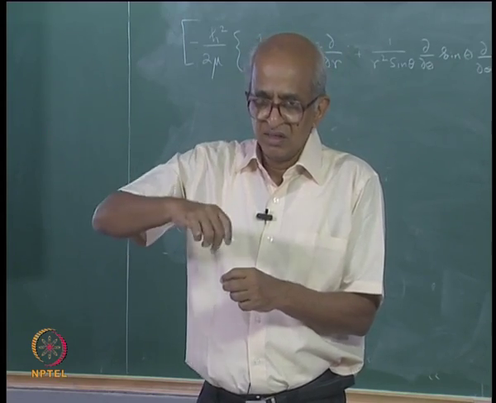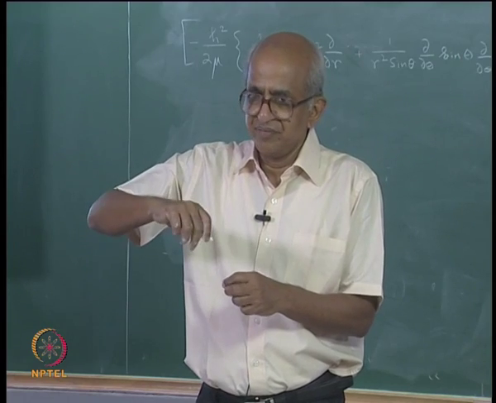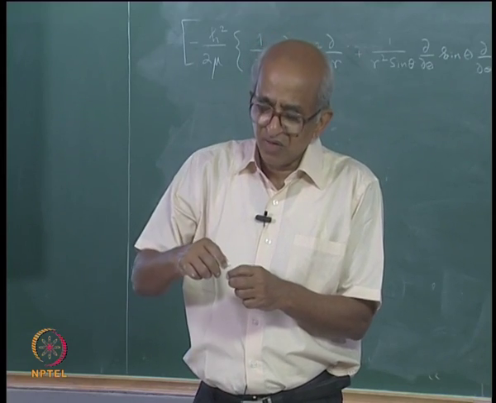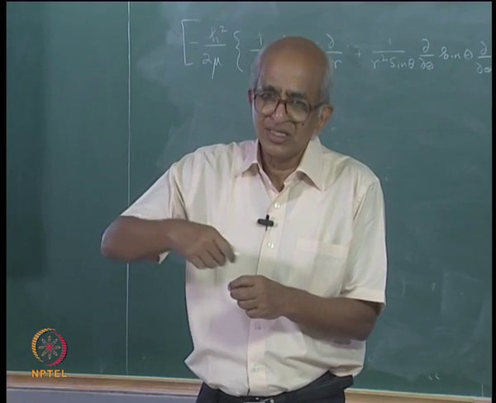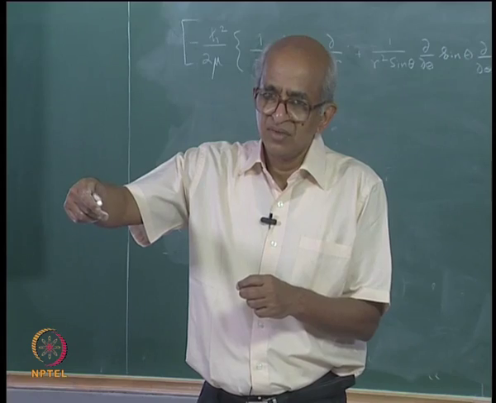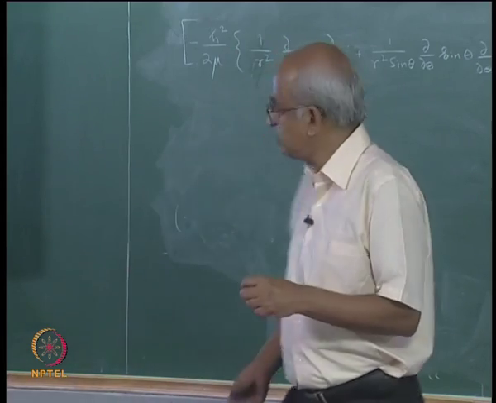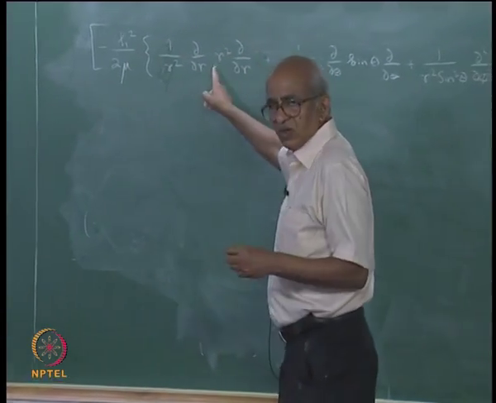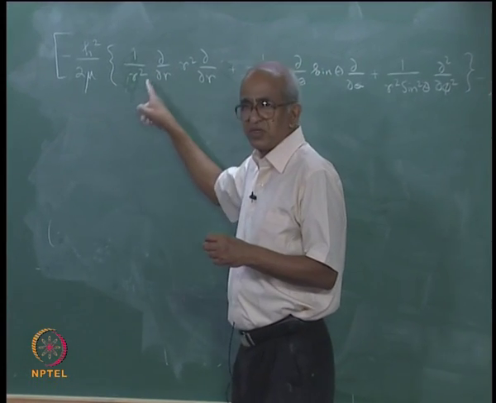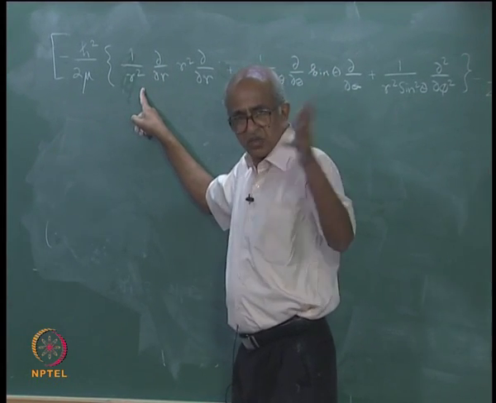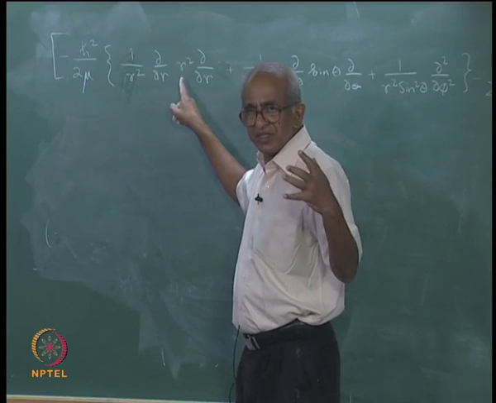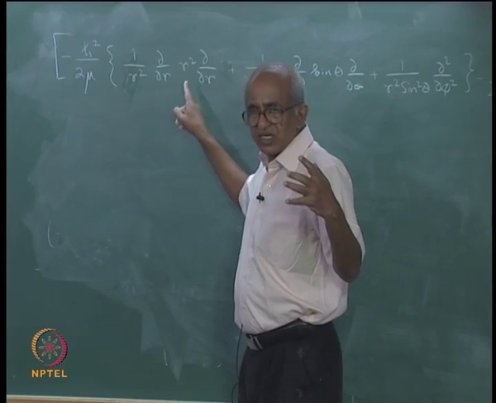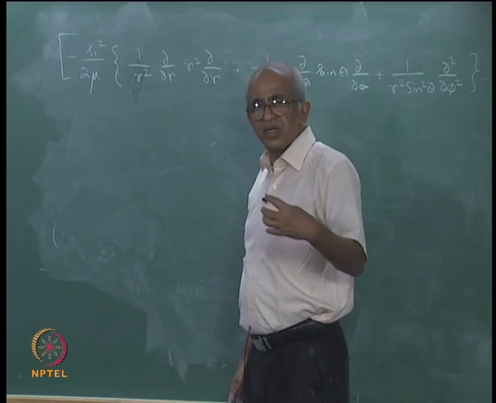So, therefore, there will be a kinetic energy due to the change in the value of r, and that is this term. You have two differentiations with respect to r, actually a little bit more complex than what you have in Cartesian coordinates, but the meaning is the same. This term represents the kinetic energy operator associated with